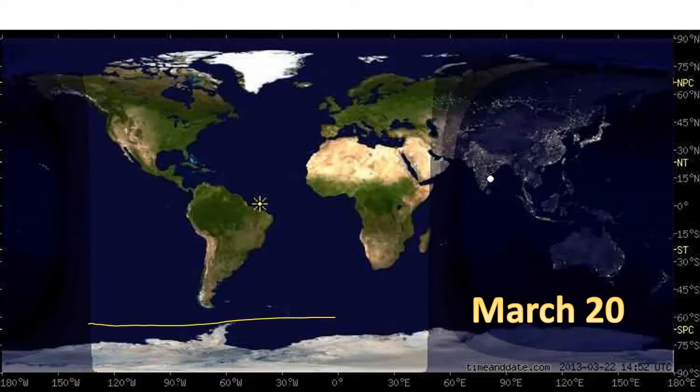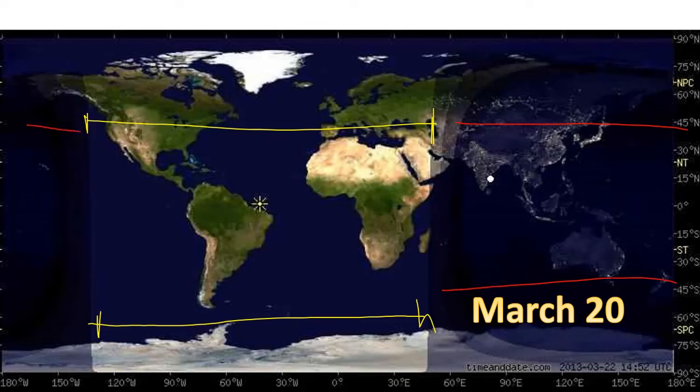Notice the length of the sunlight in the northern and the southern hemisphere is the same. The length of the nighttime for the northern and the southern hemisphere is the same, and they're about equal. You got about the same amount of daytime as you have nighttime. And that is true about that date in March. That's what's special about that day in March. That date, there's the day where we transition from one season to another, where our amount of sunlight goes from being more in the day to more at night, or vice versa.